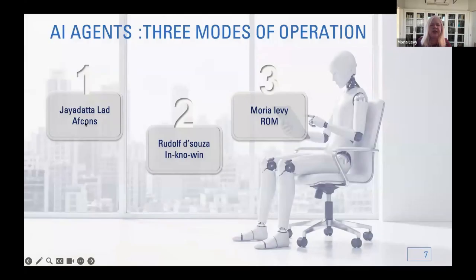So we will see Jayadatta from AFCON, we will see Rudy from Innerwin, and then I will describe one of the agents that we've built from one of our projects, a very large, huge project-based company in Israel.